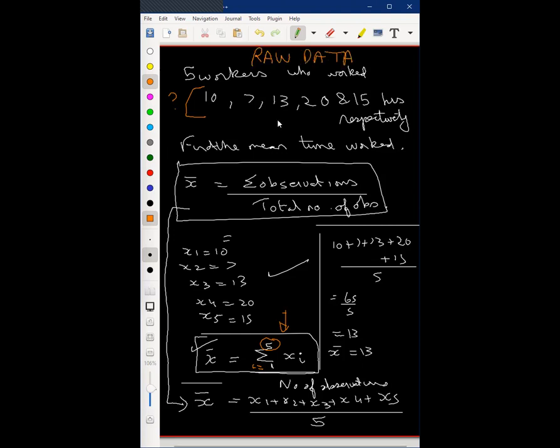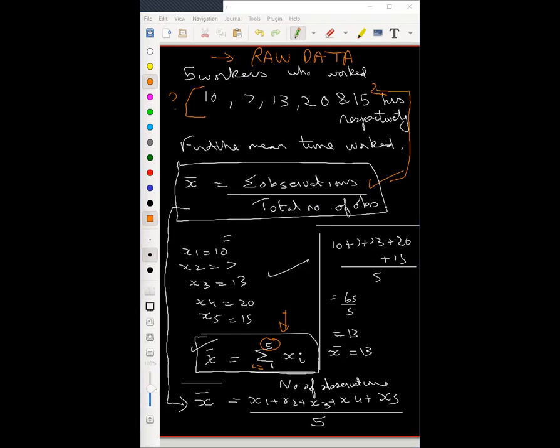Rest of you, had you heard of raw data? Yes, sir. Data that has no sequence or has no frequency. This is the first thing we did in the statistics chapter. How can you all forget? So this formula is only used when we have raw data. When we have grouped data, or data which has frequencies associated with it, we have a different formula. Is that clear?